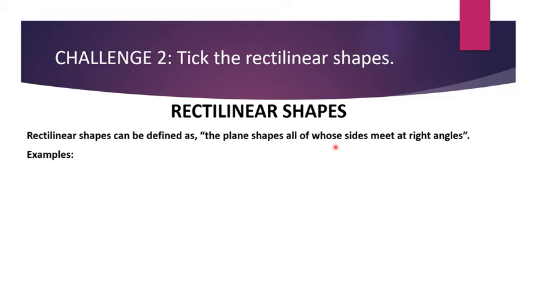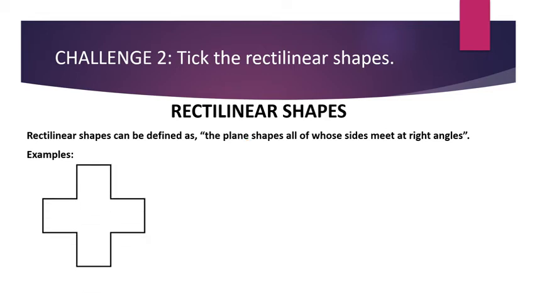Please learn it very well because you are doing it for the first time, so you have to learn it carefully. Rectilinear shapes. Okay students, I explain again. The shapes which have plane surface and they make right angles from all sides are called rectilinear shapes. For example,